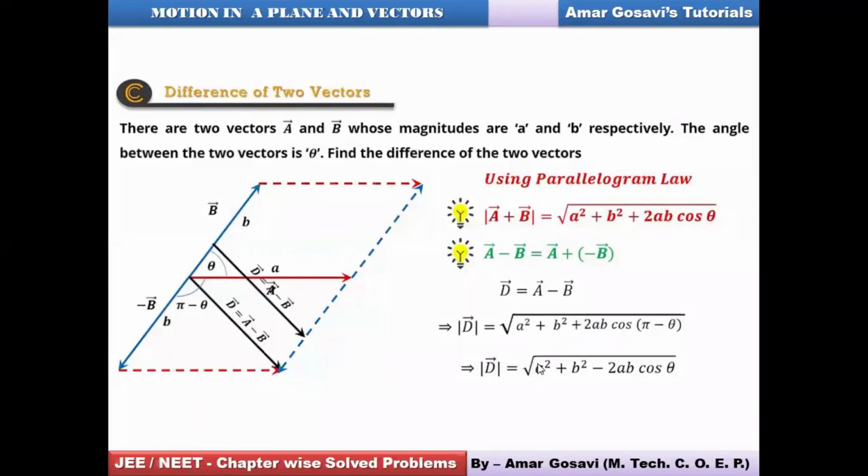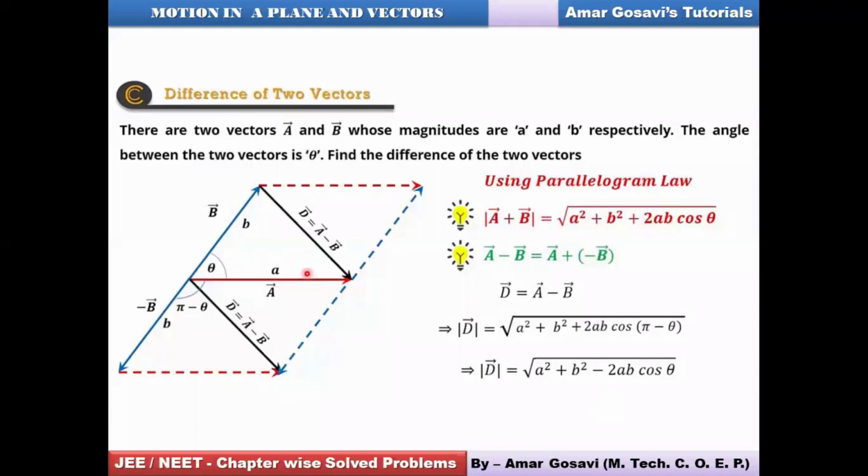And therefore, in this case, the resultant will be given as the root of A square plus B square, and instead of the plus sign, it will be a minus sign over here: minus 2ab cos theta. So this is how you have changed the approach. If you want a difference between the two vectors, graphically you should go ahead with this. Yesterday I showed you various cases where the angle between the two vectors was pi. You got the same formula because cos 180 was minus 1. Either you analyze it that way or this way, one and the same. So hopefully you have understood the analysis, friends.